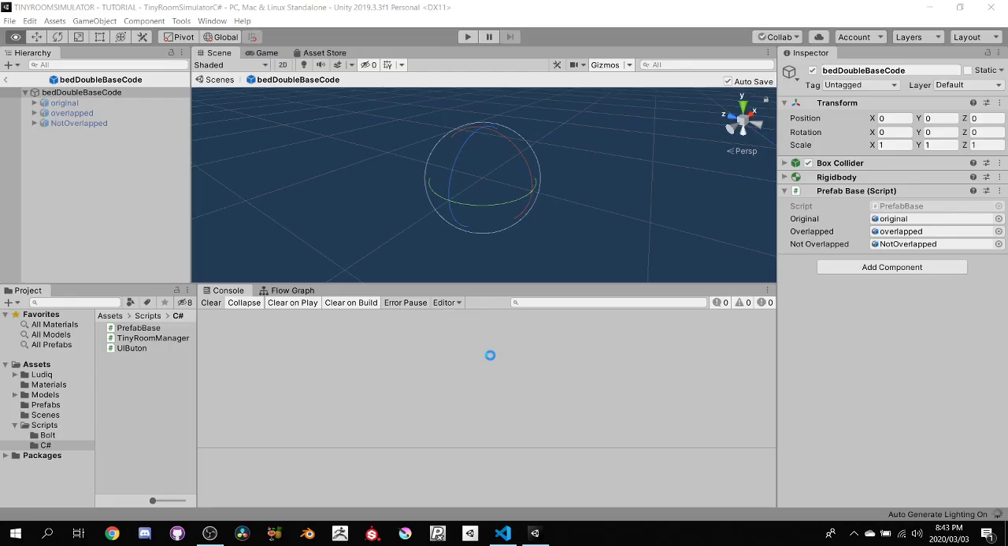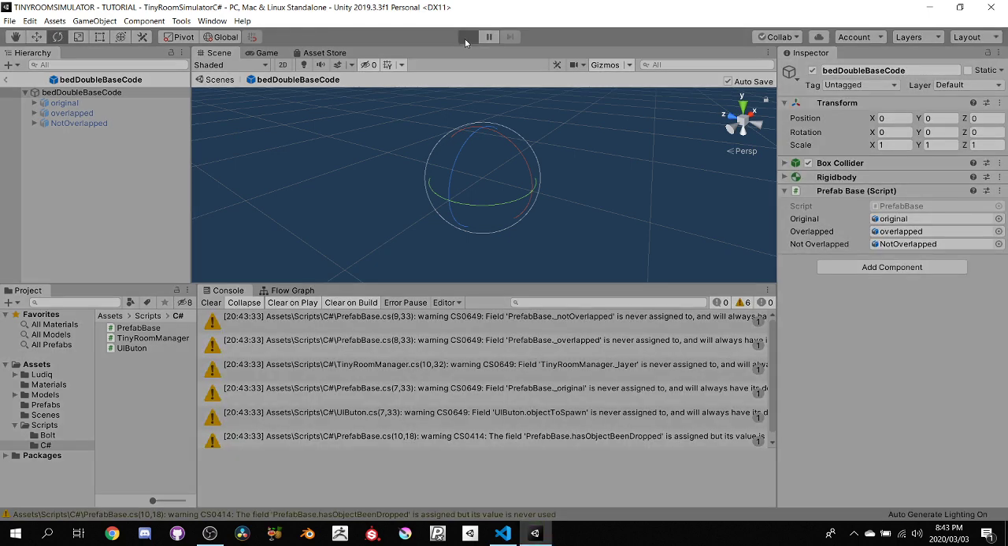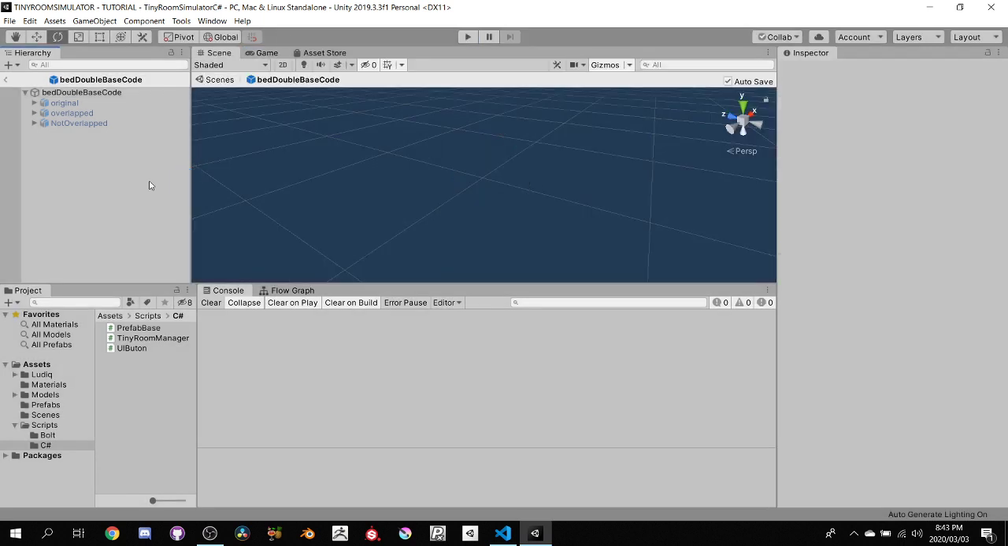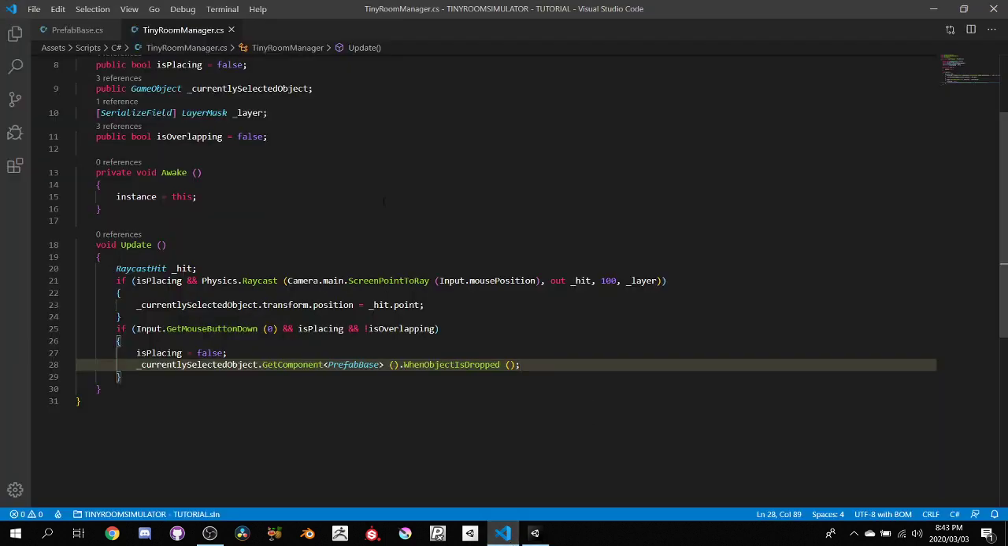So we can go back to Unity again. I'm going to hit play, and let's see if this works. We're going to click the bed button, move it around, click here when it goes green, and now I've dropped the object. That is it. That is how that works. So now we can no longer drop objects on top of other ones or into the walls when you think like that. So what I want to do is stage 2 of this video is to allow me to be